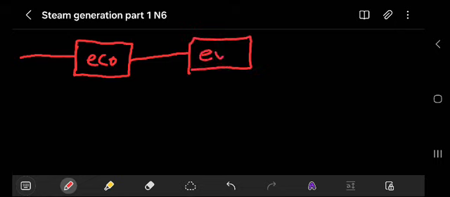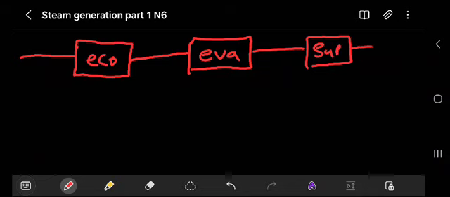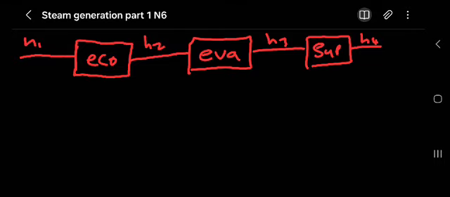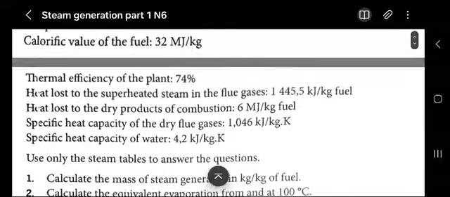The first part will have the economizer. Then the second part will have what we call the evaporator. The third part will have what we call the superheater. All right. Then remember, here we have H1. Here we'll have H2, H3, and H4. All right. From this data,